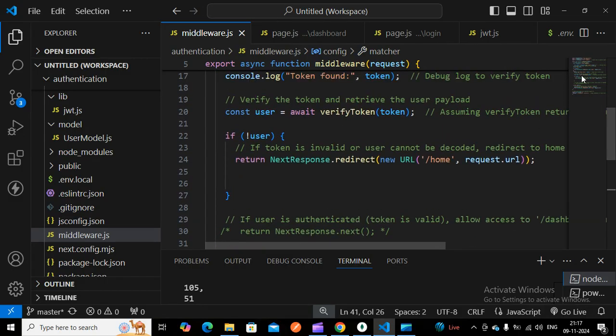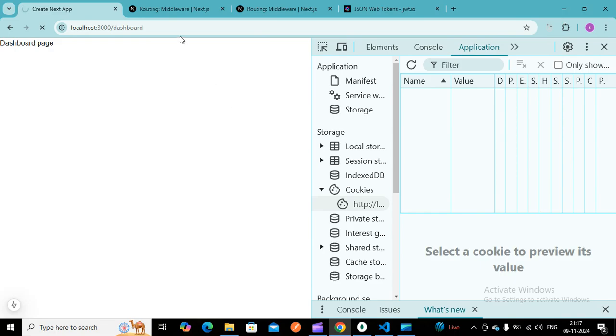So it redirects to the home page, because I don't have that token.